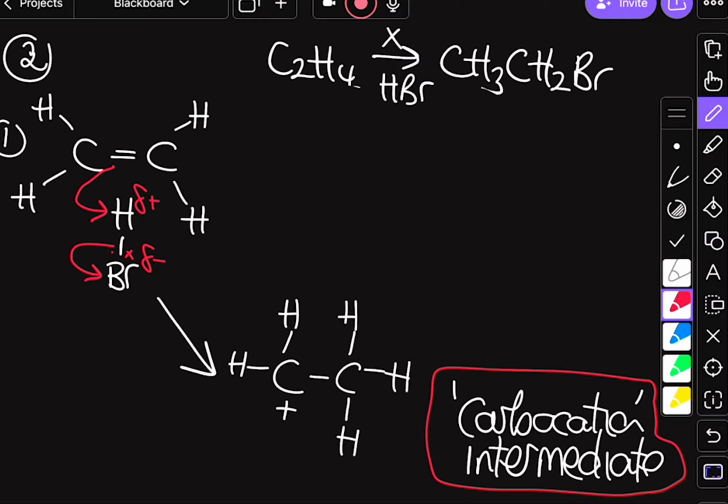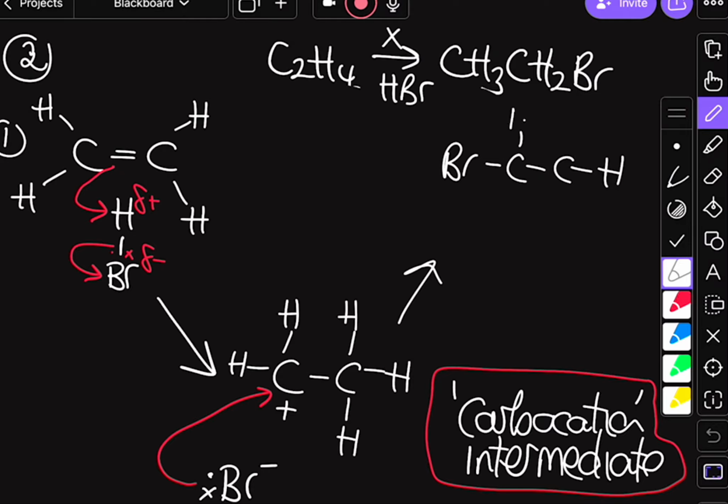So we have made our carbocation, and we now have our bromide ion, Br minus, a full ion, and these extra electrons are going to be attracted to the positive portion of our carbocation, resulting in the formation of our product. So we now have this molecule